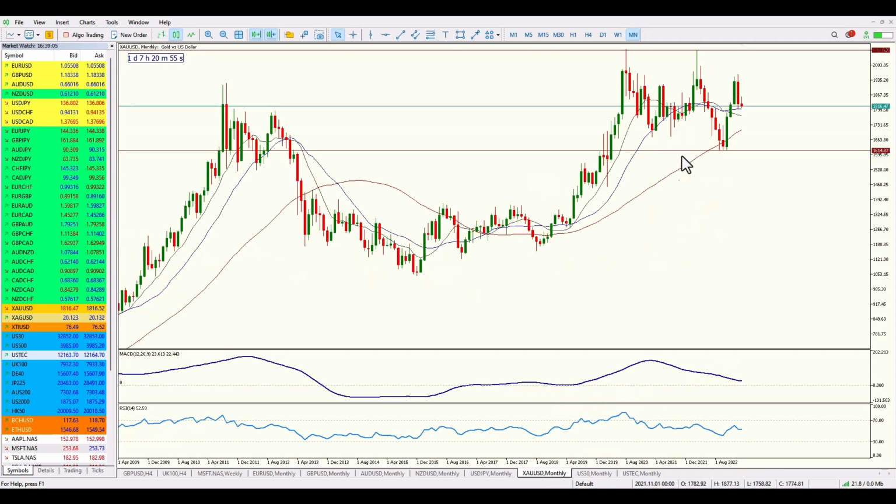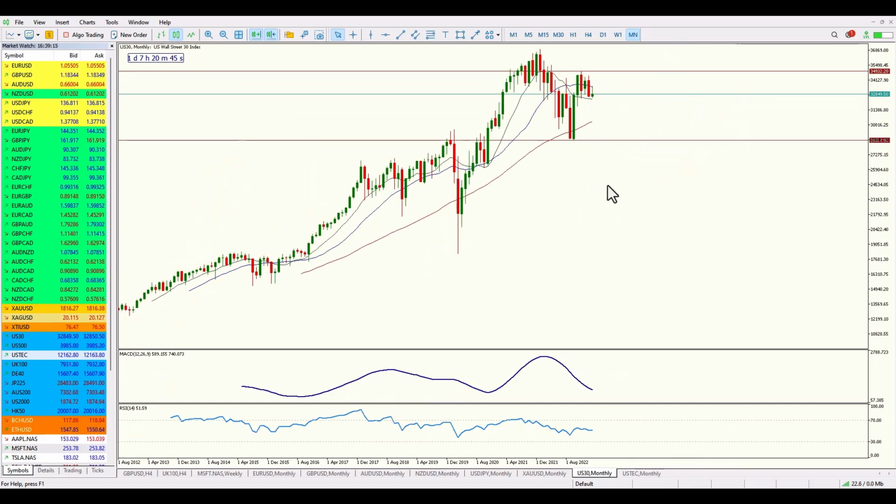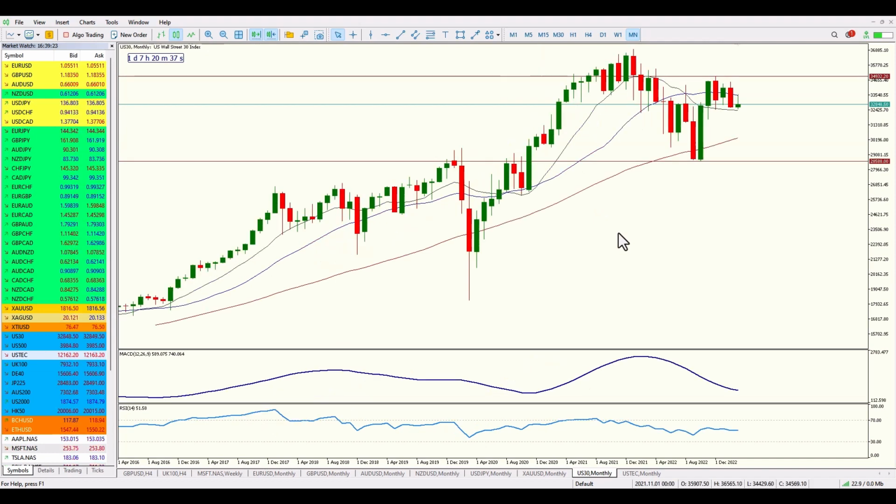If I move across and have a look at gold, I can see that gold has been battling with resistance right now, and it also appears to have a very strong bearish rejection candle. And similar to the currencies, we could see a follow through, especially if that dollar gets stronger, we could see that push lower. Then if we move across and have a look at the global indices,